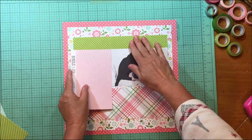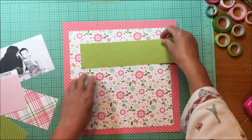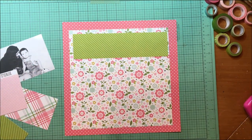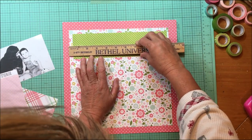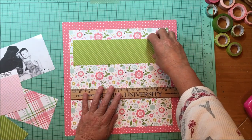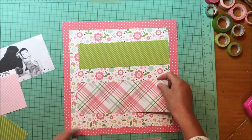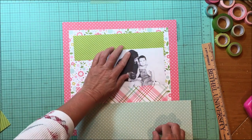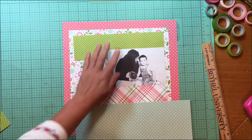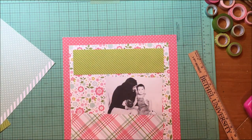Then I'm going to add in this green striped paper up there, and I just like how it gave some brightness, and it wasn't all pink since it's not just girls. Obviously my grandson is there. So that green striped paper is from Echo Park Bundle of Joy, and it's the baby girl plaid, and that green does appear in the floral. So the floral is what I'm using to pull all the colors together. I'm pulling all the colors from that floral, even though they're mostly the same collection, but not all the same collection. That plaid that I have there is the Echo Park Bundle of Joy baby girl plaid paper,